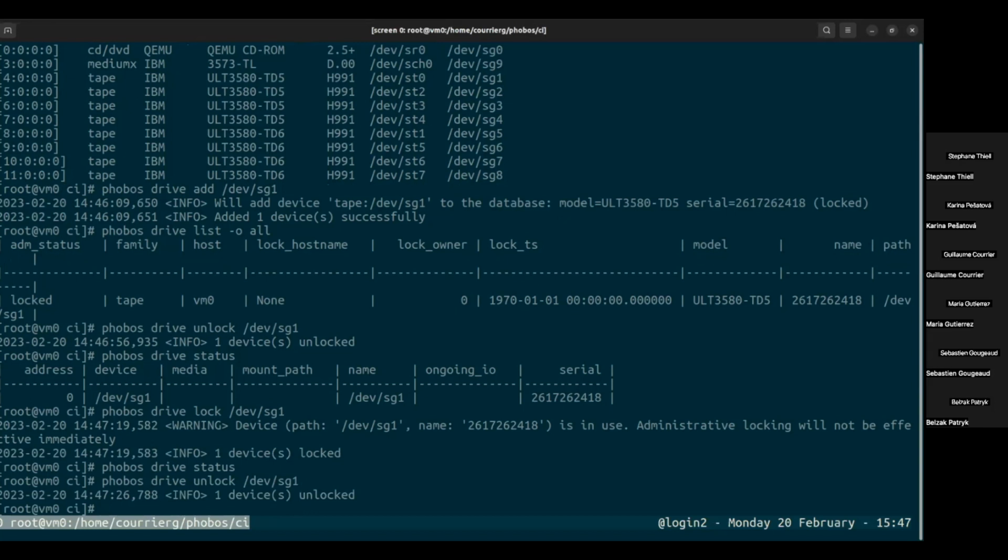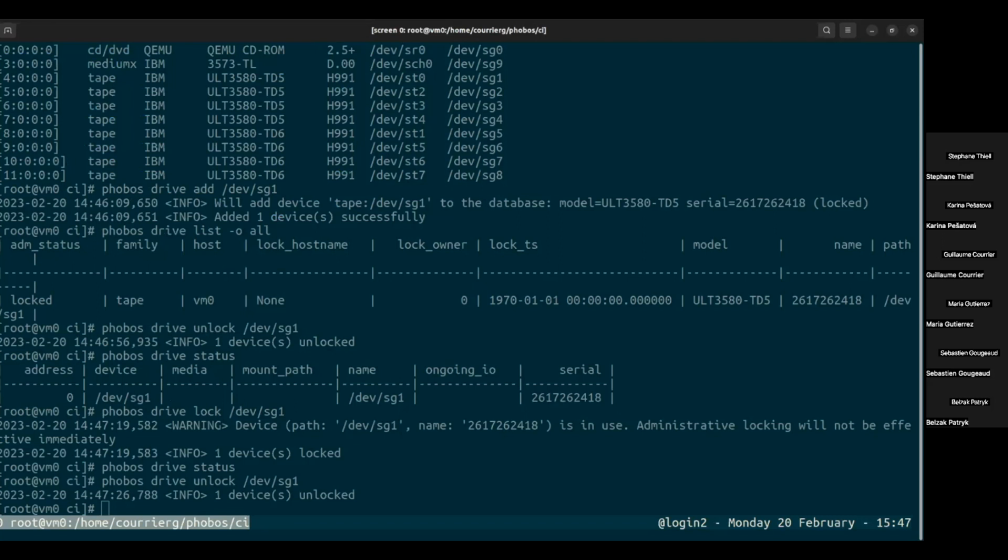So now I need. Maybe you can ask. We have a question from Antoine. How does Phobos support offline tapes outside of library operator request? So if you mean a tape that's imported in a library that's managed by Phobos,